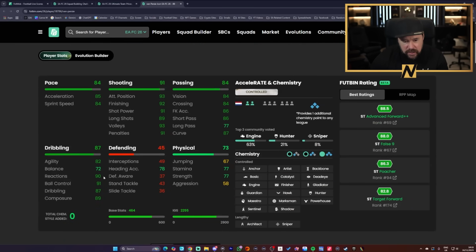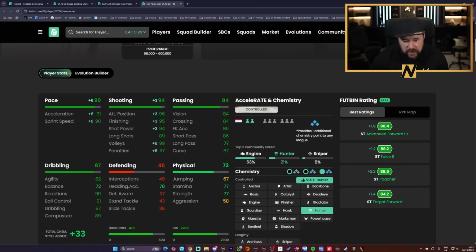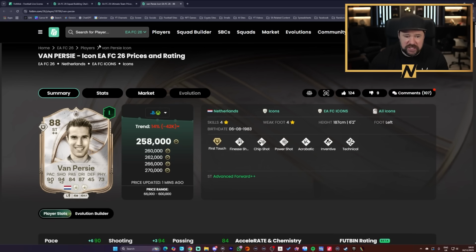Van Persie's decent. Van Persie's probably the best one in there. With a Hunter Chem style, he's got good pace, great shooting, decent passing, very nice dribbling, 4-star skills, 4-star weak foot, with finesse shot, power shot, acrobatic, inventive, technical, chip shot and such, 6'2" as well. Van Persie for me would be the one that I would go for if I was to do this, but